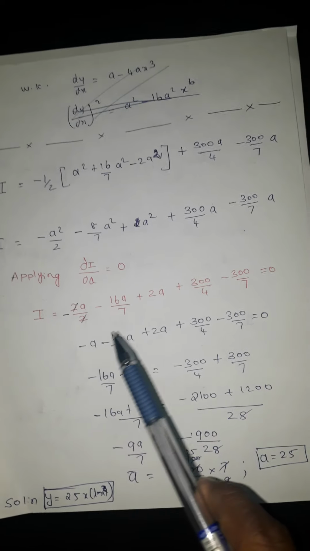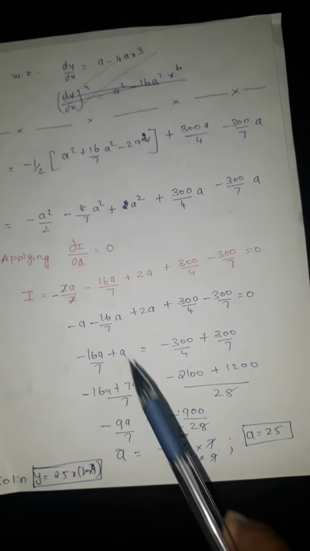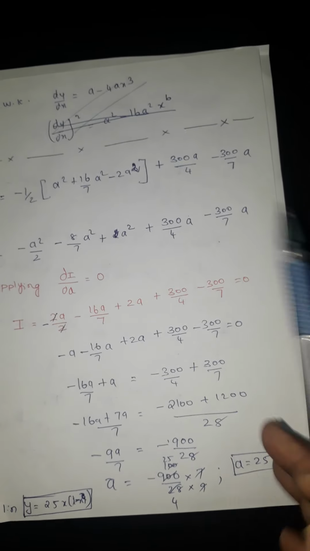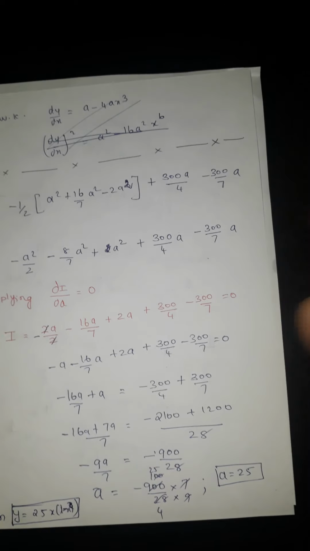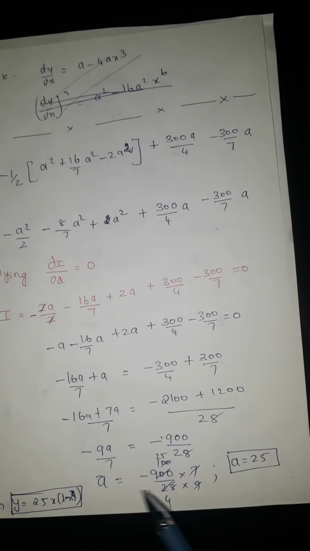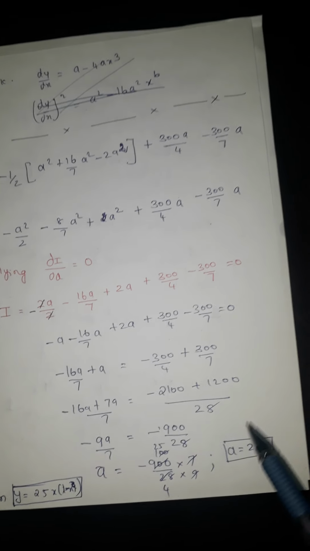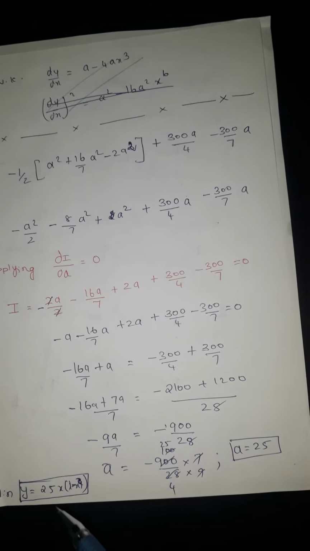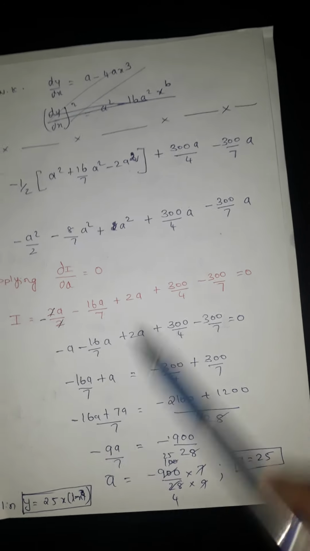I have differentiated completely and I am getting this value. After simplification I am getting this all a and everything. You just segregate that a on one side and constants on the other side. That's what I got segregated. Then find A is equal to this much, and A is equal to 25. This 25 value should be substituted in the constant trial functions. In the trial functions I have substituted, this is the solution.